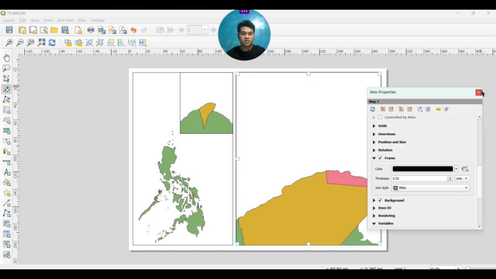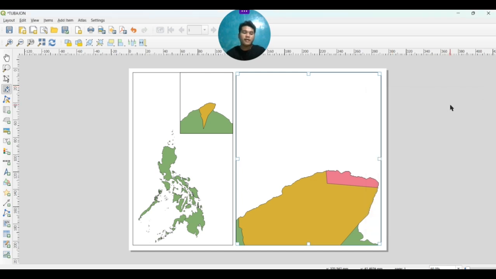The next part is that I want to teach you how to label those things, because the map itself cannot tell you what it really is. Look for my cursor here, and I want you to click this one. Add label. When you see the cross, just press the mouse and drag it to where you can type the labels that you want.